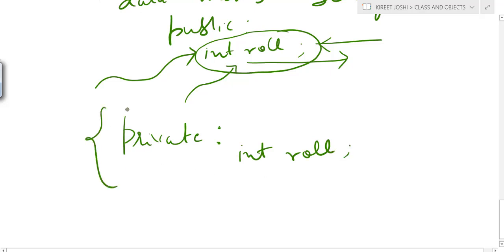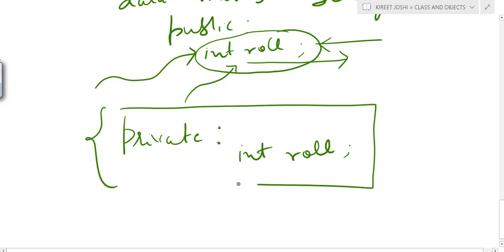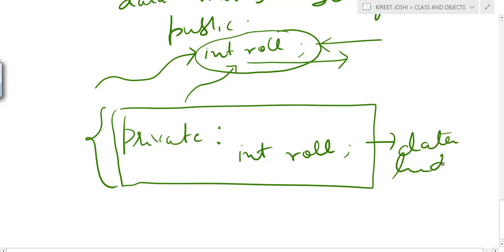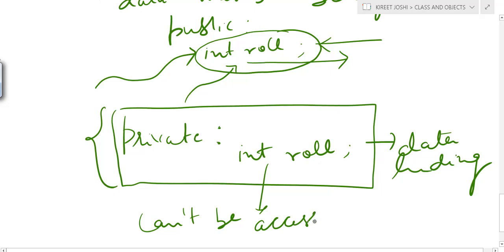By default, if you are creating the data members, these data members are a part of the private specifier, but you can also explicitly write private colon and declare all the data members. So this is data hiding. Now this data can't be accessed outside the class, directly.